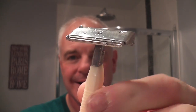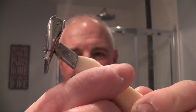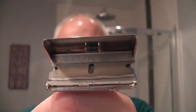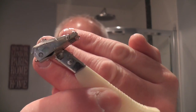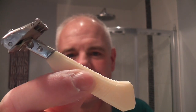The razor today was the single edge Ever-Ready. There it is there. Featherweight. This is a 1950s single edge, and you just pop the cap there and there's the blade in there, and that was a Gem blade with the first use on that blade. Yeah, quite enjoyed using it, a different experience from using a DE razor, very different actually, but this is in a wonderful condition for its age. Yeah, it takes a bit of getting used to